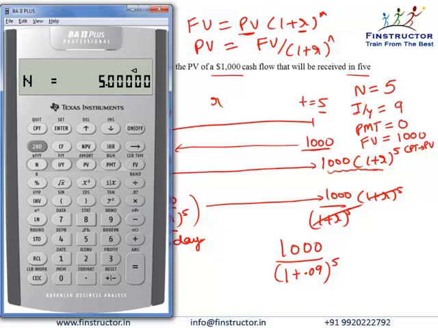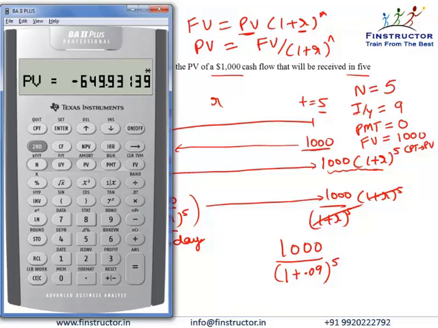So we've given the calculator 4 inputs. It will calculate the 5th one for us. So we press the button compute and press PV. So we get minus 649.93139. Now guys, you can ignore the minus sign for now, or you can just think of it as that